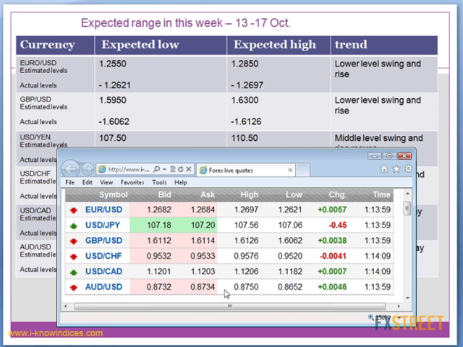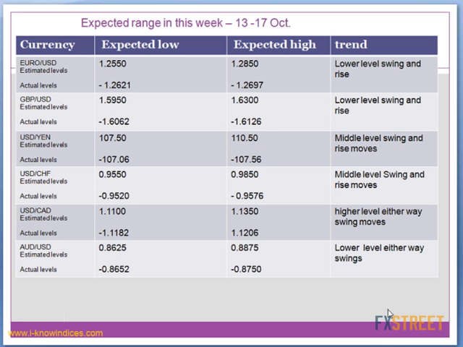And they will accumulate more huge Aussie positions around 0.86 probably during the stop-ins to that of 0.8615, and then they will try to accumulate the position. Later on, you will find after the year end, they will start gaining the levels in the case of Aussie also, above that of 0.89. So till such time, only euro and GBP are expected to gain the levels. USD yen and CHF are also expected to gain the levels, and Canadian dollar and Australian dollar are expected to make the wide range swings during that time.